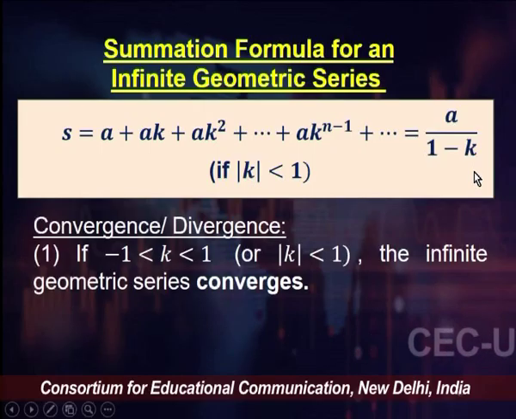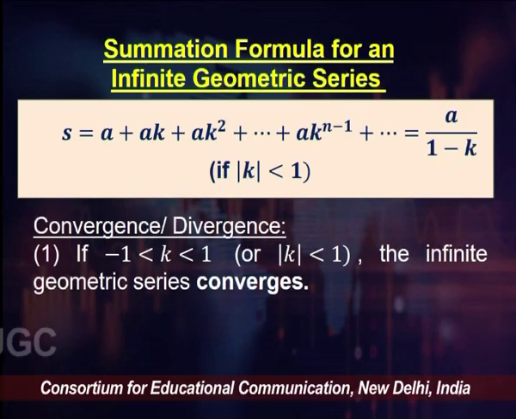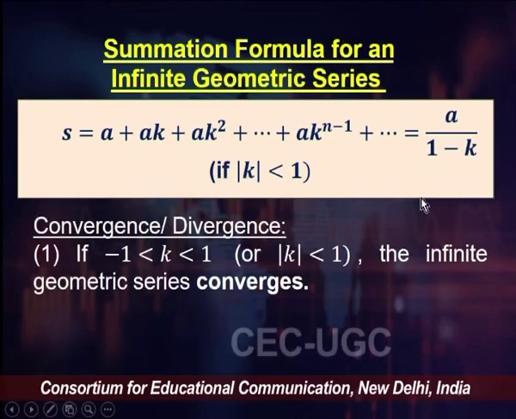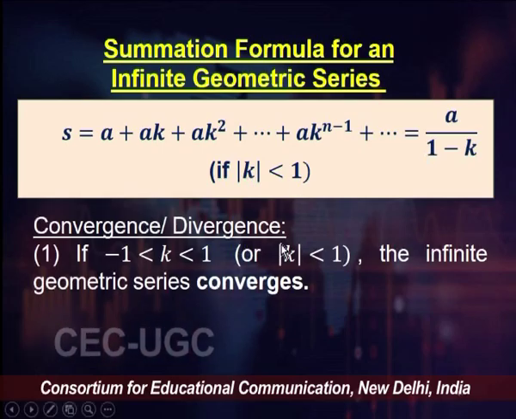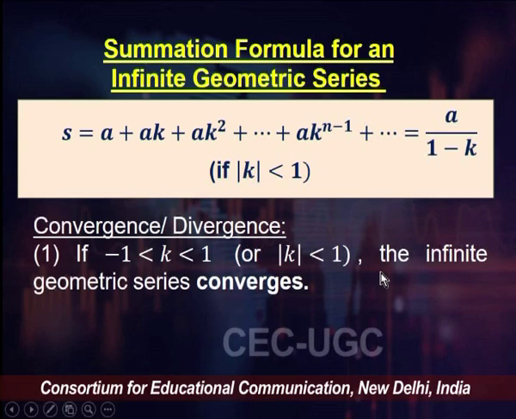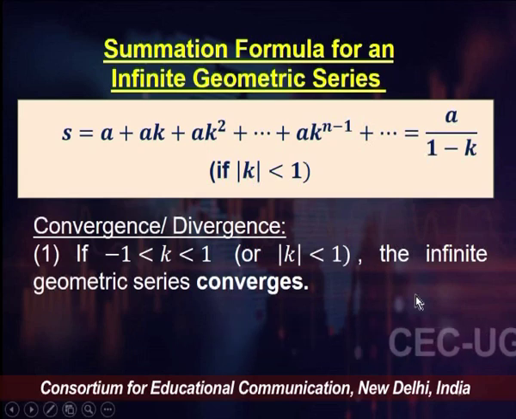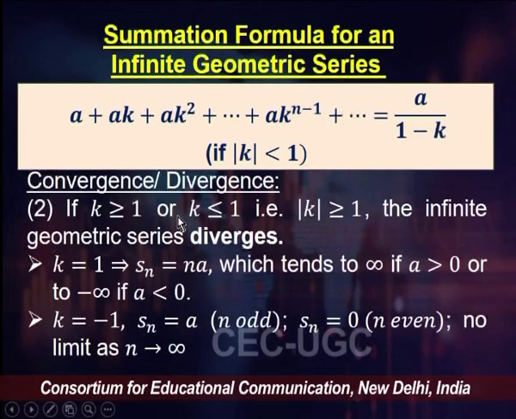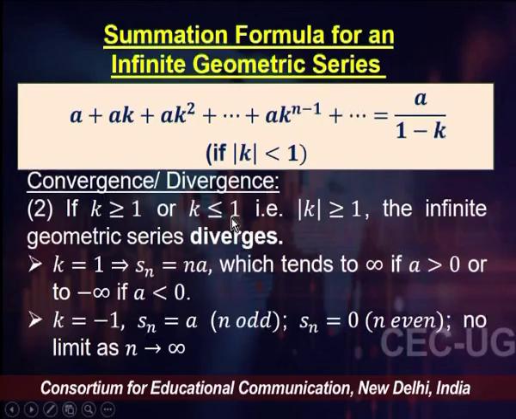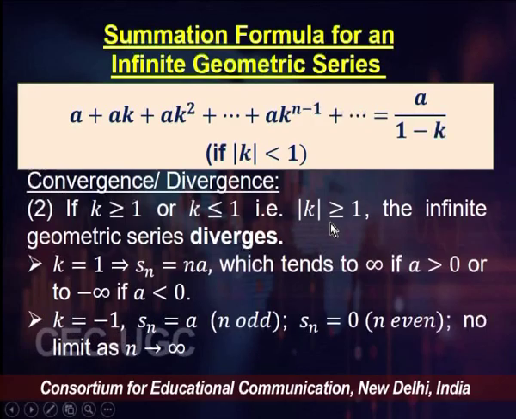And this then also allows us to discuss convergence or divergence for an infinite geometric series, because as long as mod k is less than 1, we are going to have an infinite geometric series that converges to a finite sum. Okay. So, as long as mod k is less than 1, the infinite geometric series converges. A divergent series, in contrast, is one that does not have a finite sum. So, if k is greater than or equal to 1 or less than or equal to minus 1, or in other words mod k is greater than or equal to 1, then the infinite geometric series